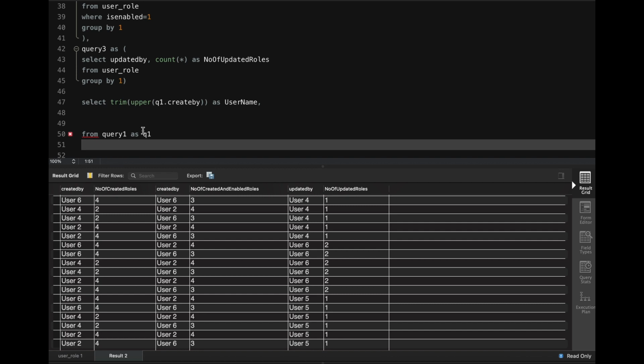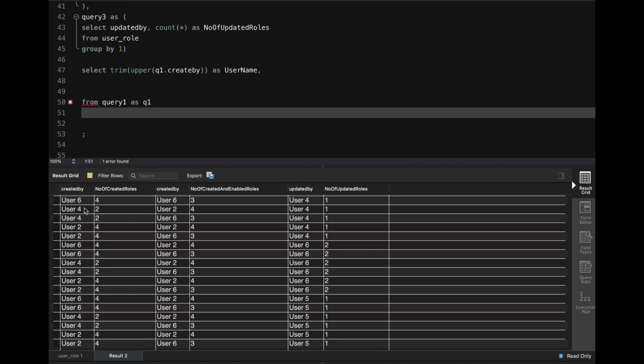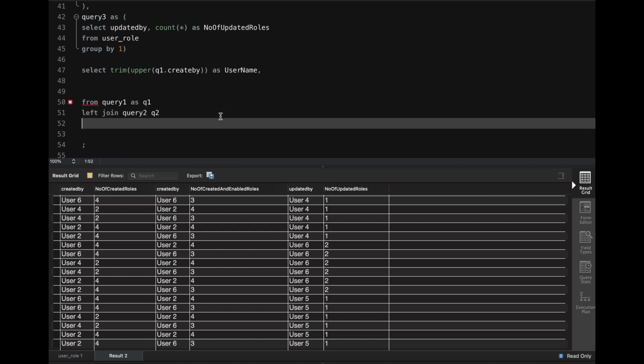Okay, so now we already know the created by, updated by, created by, these are the same names by a single user. Okay, so what we can do, we can simply do a left join to each of the tables. We can left join them, and we can use it from the Q1 table. Okay, so let's do that. So we'll do from this table, left join query two, and we will do it on